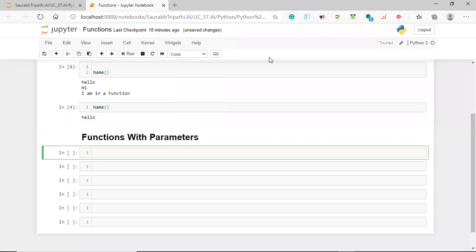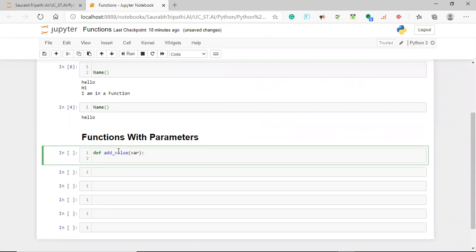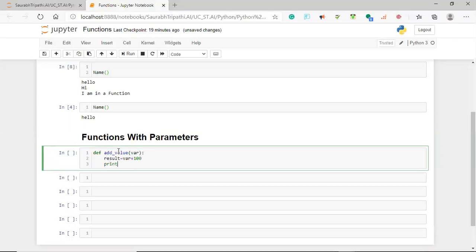So basically, if you want to define something, say I'm writing a function where I want to take a value. A simple method is, say I'm doing the sum or adding a value. add_value is the name of the function, okay, and I'm taking one particular input as a variable, so I'm taking a value, colon, and I'm going to add this value. Whatever my result is will be the printout, and we will simply add some value. So say I'm going to add 100 with this value, and print the result.